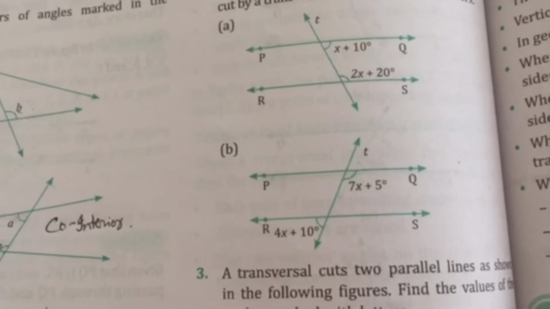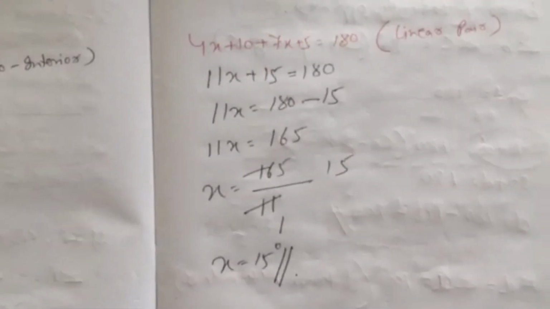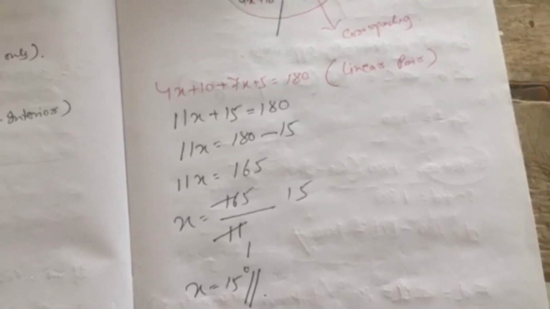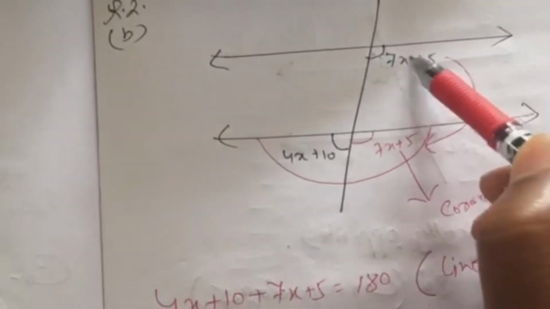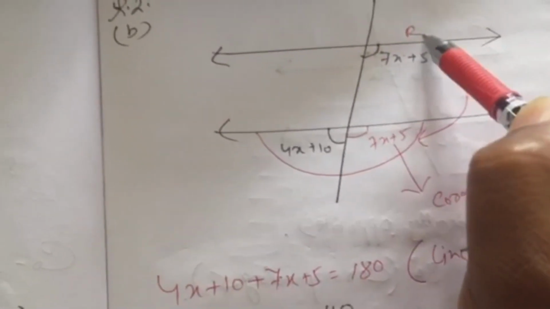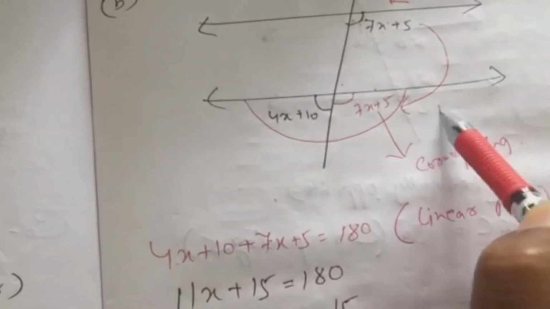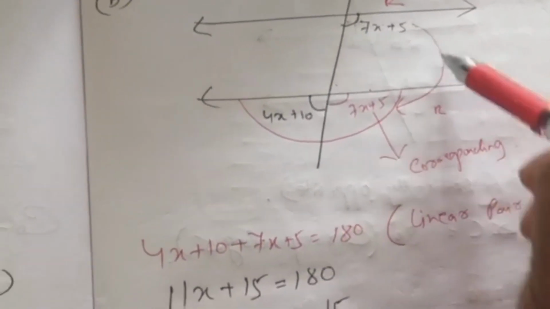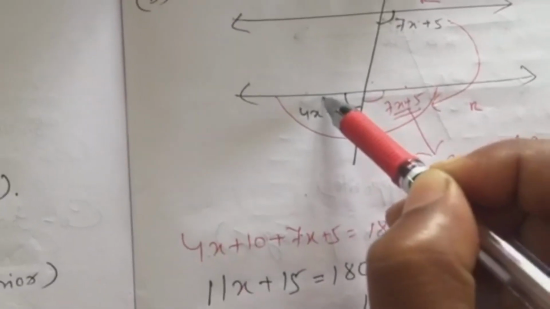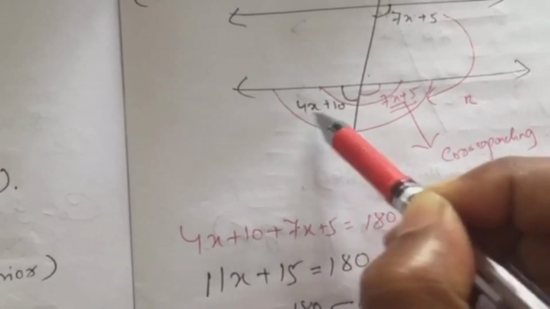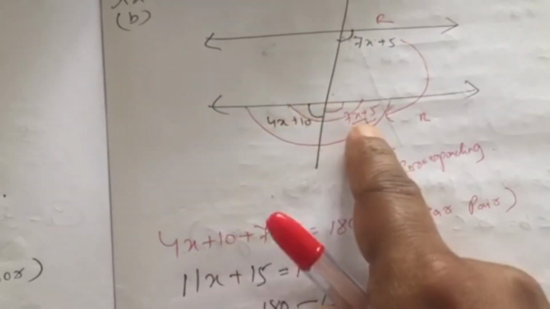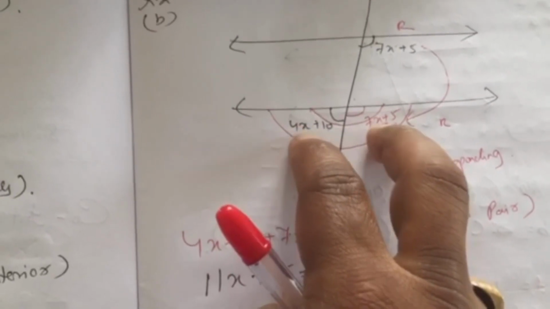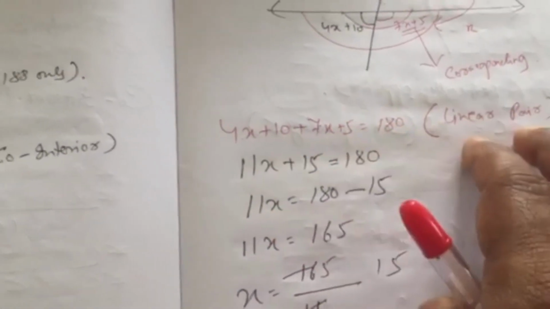The other one is the same type of question. If you can see 4x plus 10 and 7x plus 5, when I add this, I get 180. But here there is a twist. I have drawn this diagram. If this is 7x plus 5, below the line on the right hand side, I also come here below the line on the right hand side. So with the red pen, this is also 7x plus 5. When I add these two angles together, 4x plus 10 and 7x plus 5, it forms a protractor here, or it is a linear pair on the straight line. So when I add these two angles, I get 180 degrees, linear pair.